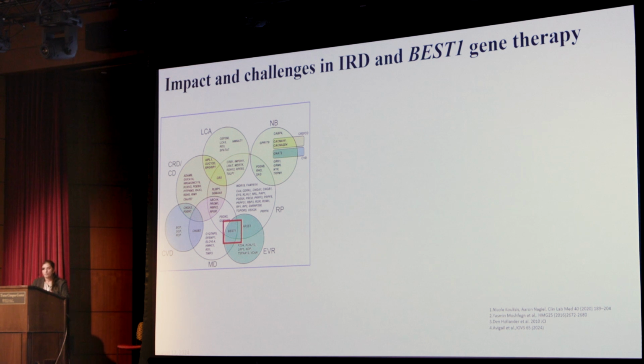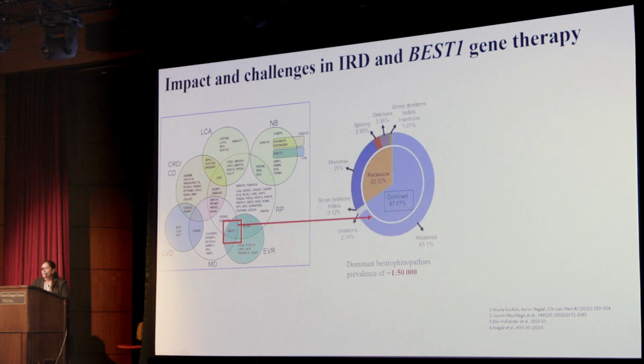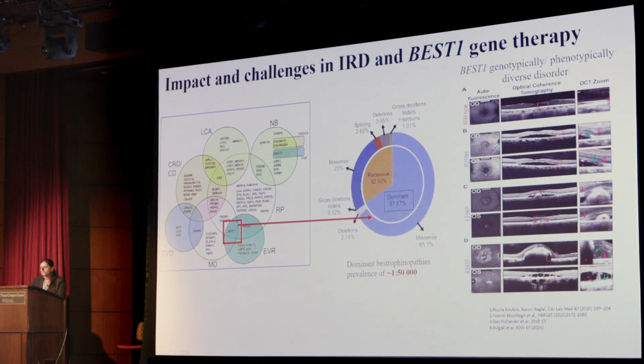We know that there are more than 200 genes involved in IRD, and one of the genes is BEST1. Most of these mutations in BEST1 are missense, which cause frame shift. And this is a very diverse disease, genotypically and phenotypically. Here we see in the OCT image that the whole integrity of the retinal layer is destroyed. And one of the characteristic features of Best disease is the accumulation of fluid beneath the